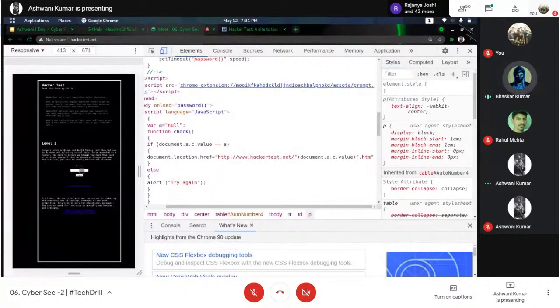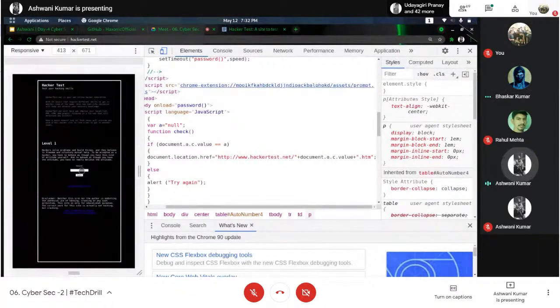And what is the correct password? It is written in this particular script, the JavaScript tag, script language function check. Answers are coming. Let's wait for a while. Guys, you can send this link in the chat section. Try to crack the first challenge. This is just a simple one.